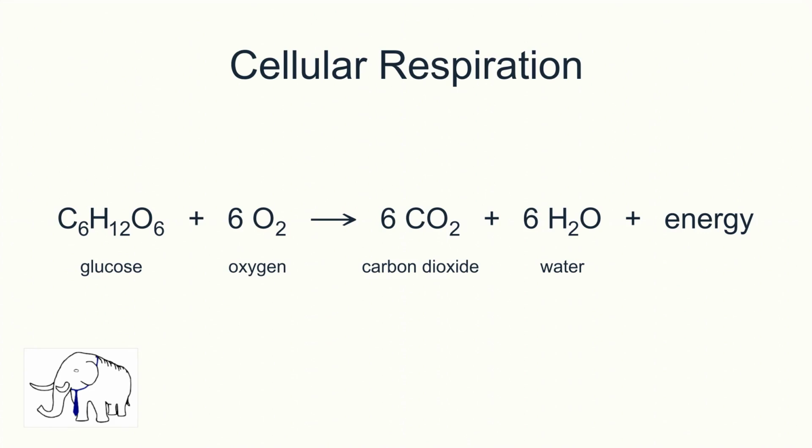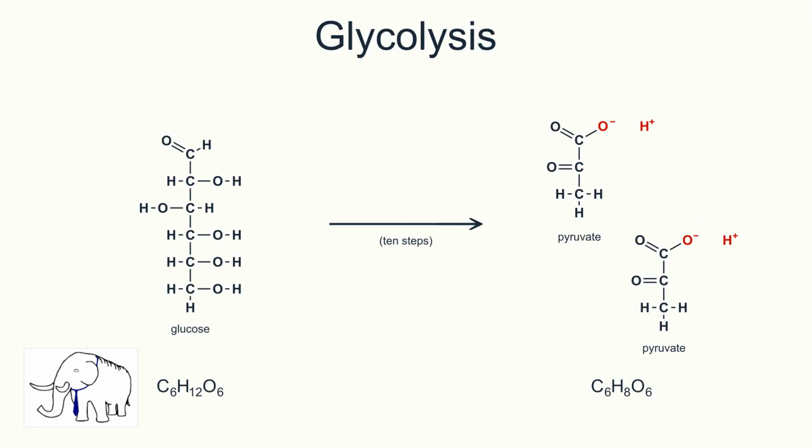Greetings all. In the Level 1 video for cellular respiration, we talked about the balanced chemical equation for the oxidation of glucose. In the Level 2 video, we talked about the metabolic pathways that together make up cellular respiration. Here for Level 3, we're going to start just by looking at glycolysis, which is the first of these metabolic